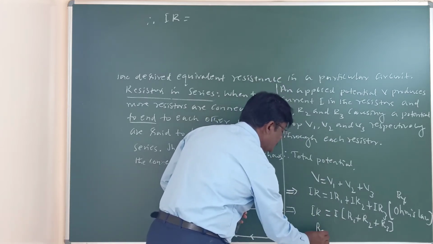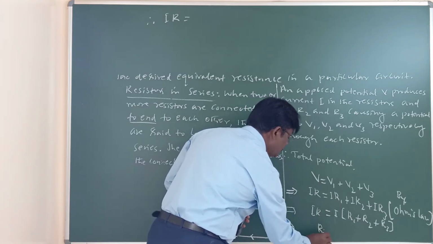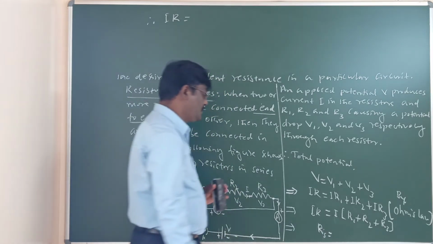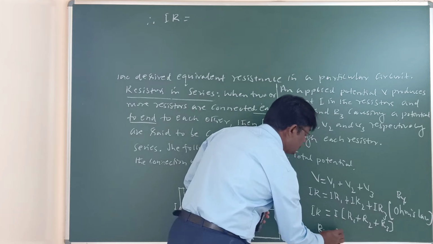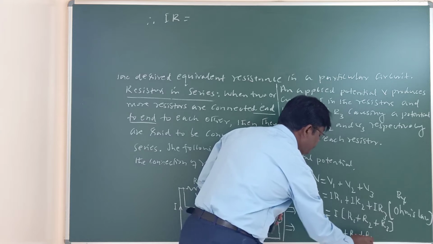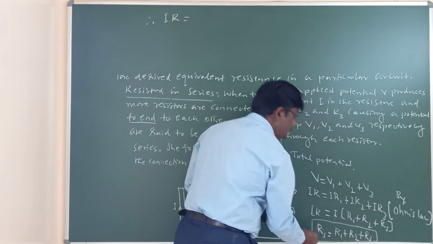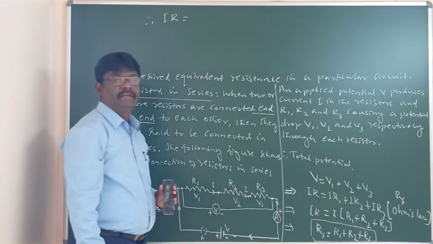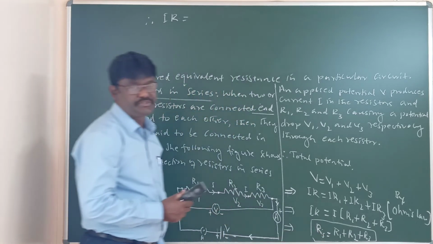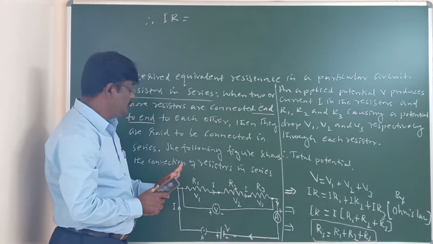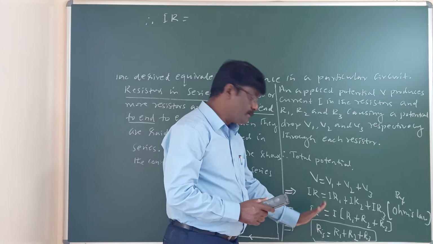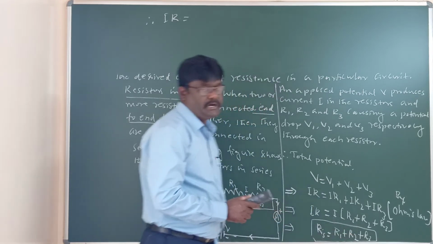Therefore, finally, RS here I am introducing. S stands for equivalent resistance in series. RS equal to, I and I get cancelled, thus we will have R1 plus R2 plus R3. If we have one more, we will have plus R4 and so on. Where RS is the equivalent resistance. That S subscript stands for series connection. Okay children, thus whenever the resistors are connected in series, the equivalent resistance is the sum of those: R1 plus R2 plus R3.